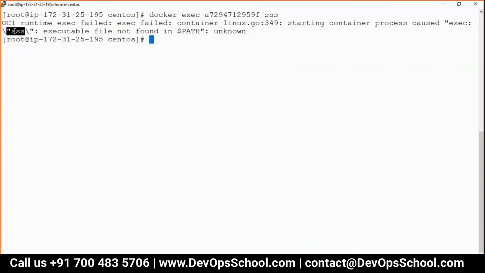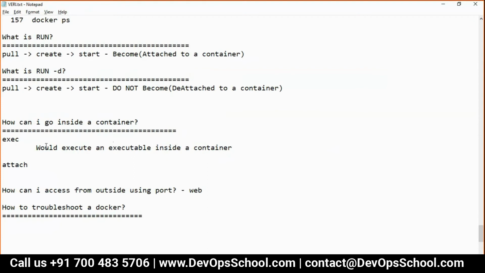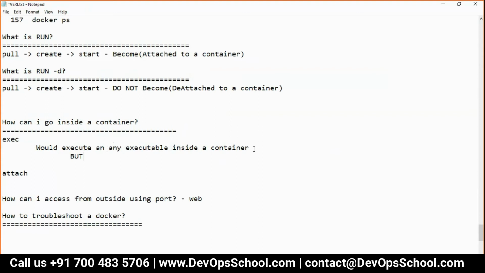This executable is not found in the path, that is the reason it's not running. If it is there in the path of the container, it will definitely run. So it would execute any executable inside a container. But guys, because you are a human being, right? You get with